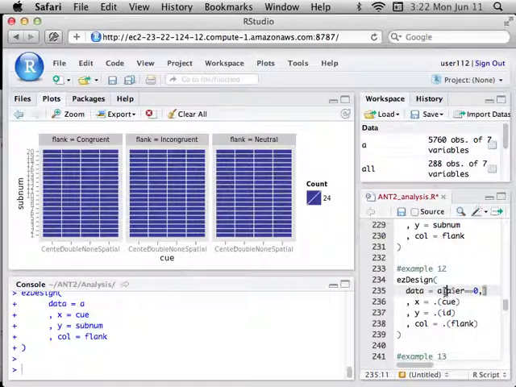So we're doing a subset, so we're going to use the square brackets, and we're going to have something, comma, something else. Well, I want all the columns, so I'm not going to put a columns selector. And I want to subset the rows. I only want those rows for which the value in the error column is equal to 0. The way to say that is to say A$ER, which is the